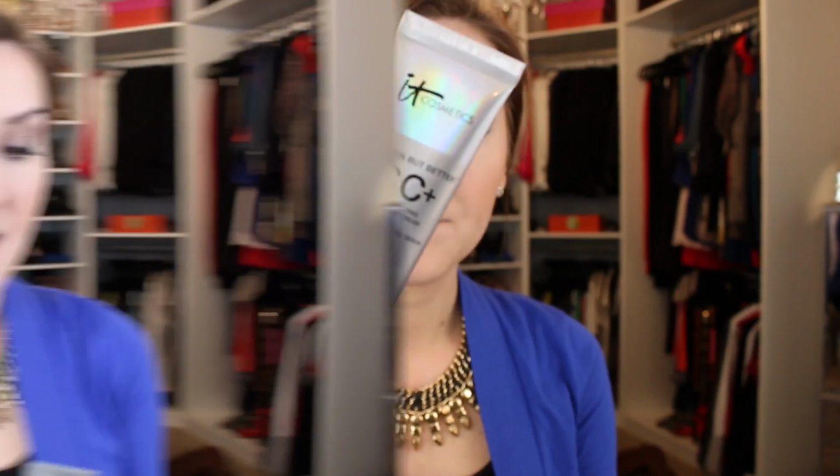because I haven't yet, and I had never heard of IT Cosmetics. Apparently, it's been at Ulta for the past several months. I believe that it was pretty much exclusive to the brand's website and QVC. So it's a fairly new thing that is now widely available. It's sold in Ulta stores, which I think is